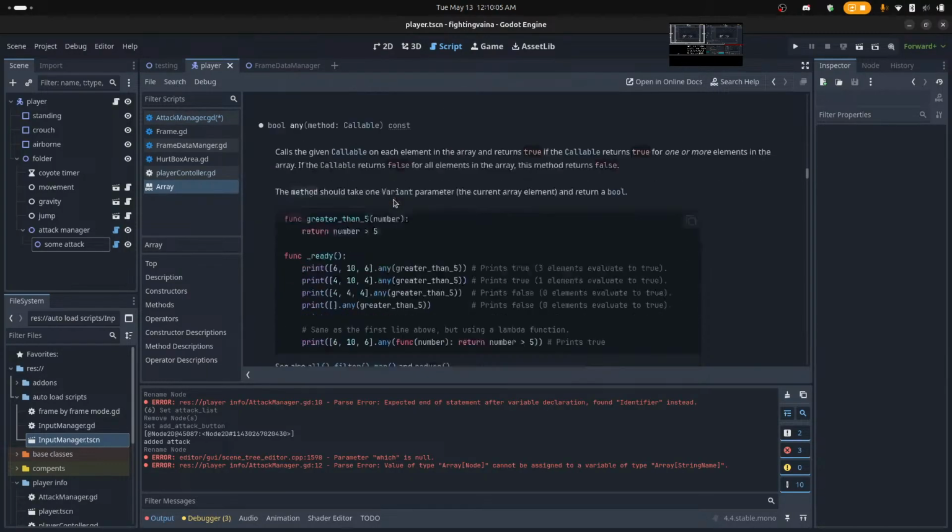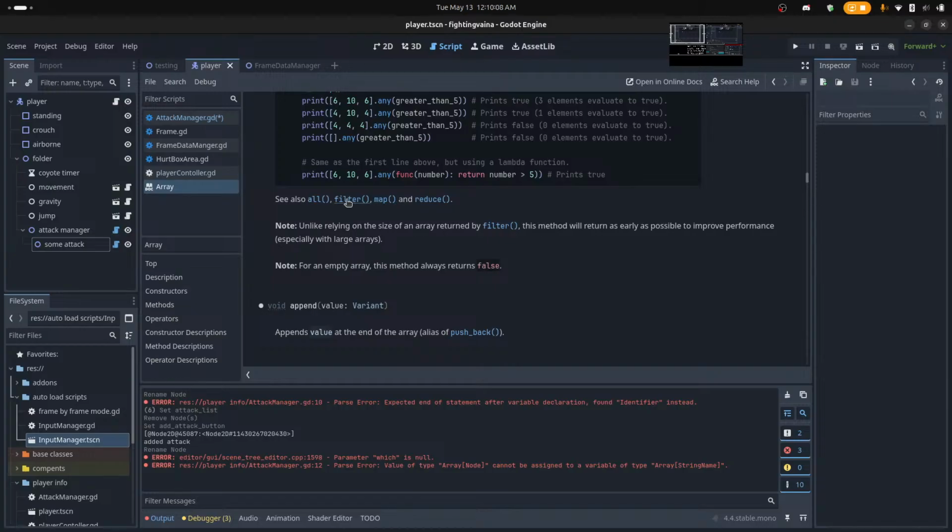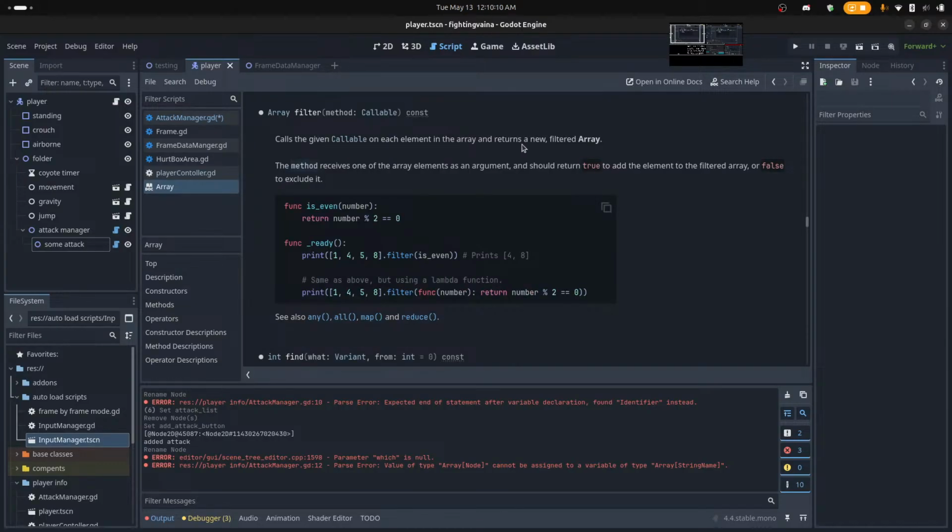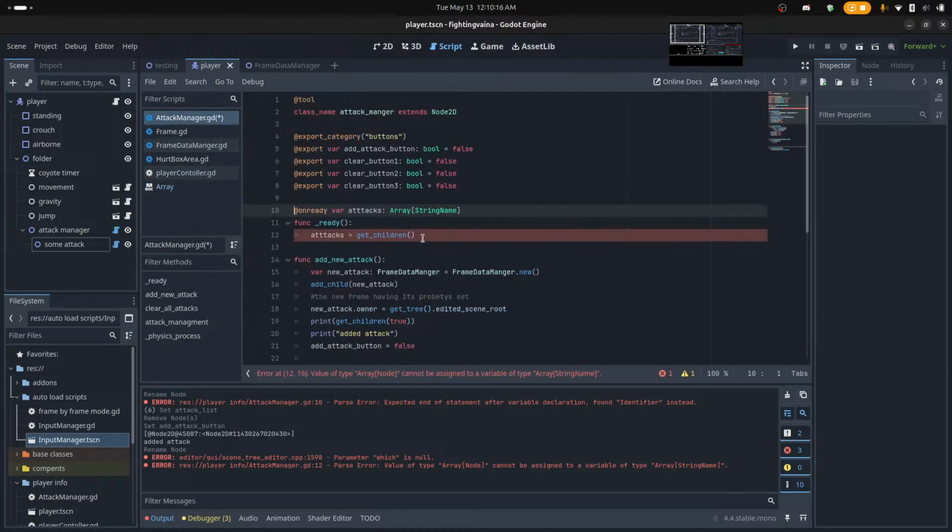Nope, not that one. Filter. Okay. Get children dot filter. And then the method I want is